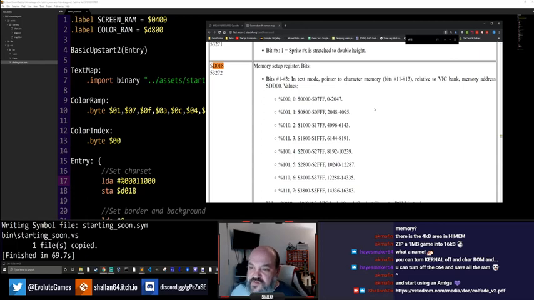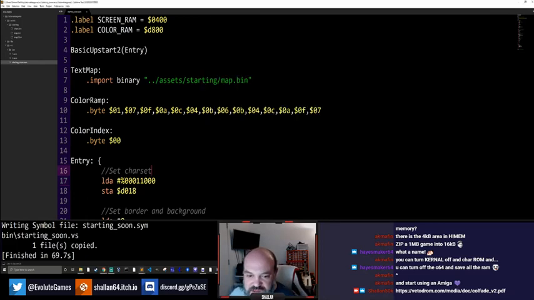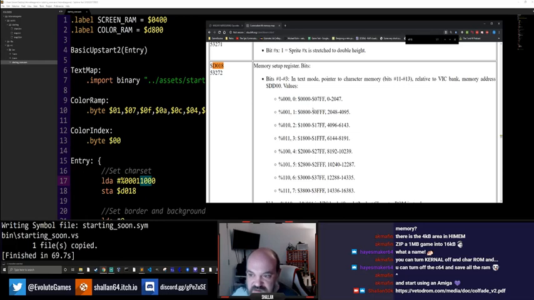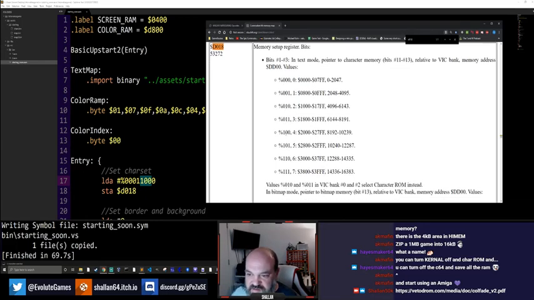Memory setup register, so bits 1 to 3. Now bits, when you look at them, 0, that's bit 0, that is bit 7, so it counts from this end to this end. So 1 to 3 is these, so that's bits 1 to 3, so let's have a look what that does. So looking down this list, 100,